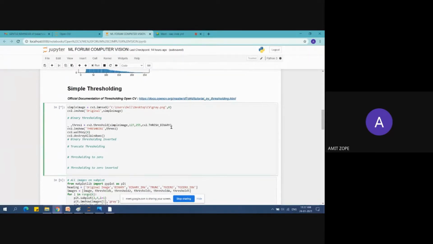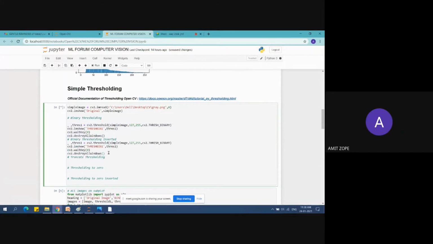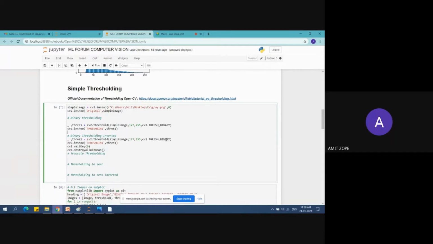So thresh binary inverse, I will make it this. Thresh binary underscore inverse is just the inverse of the thresh binary. We'll run this.